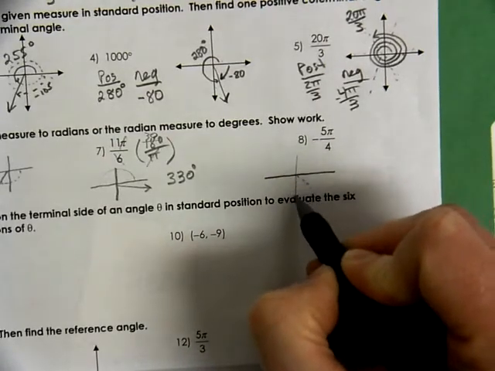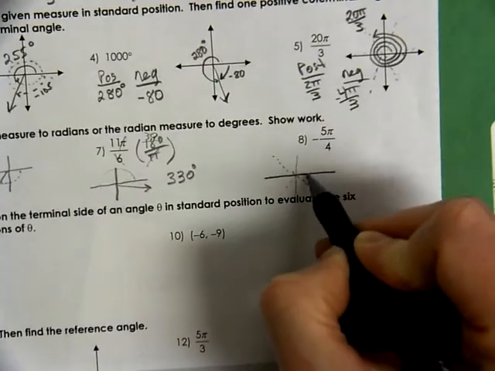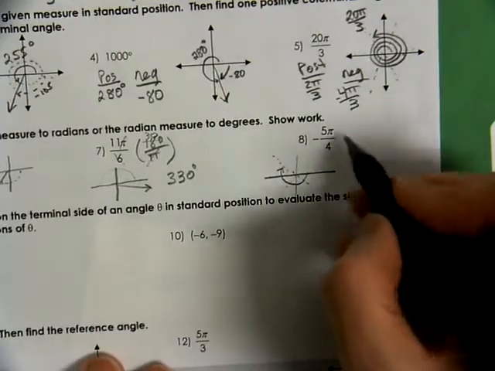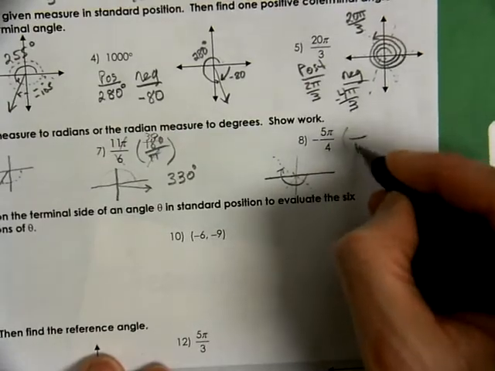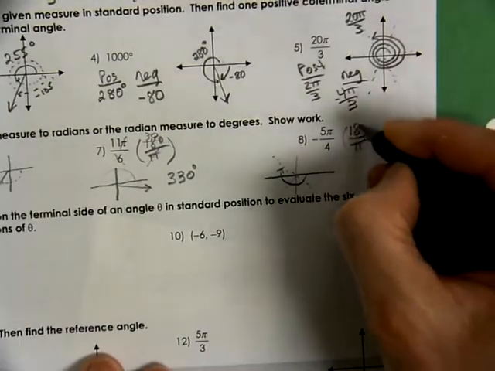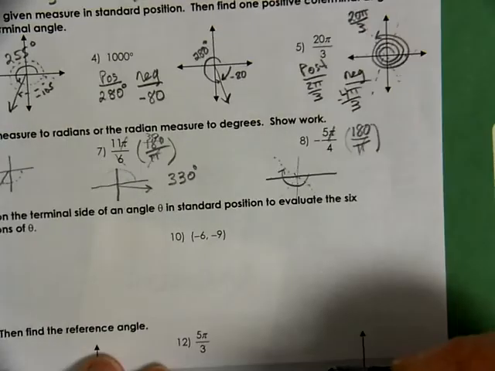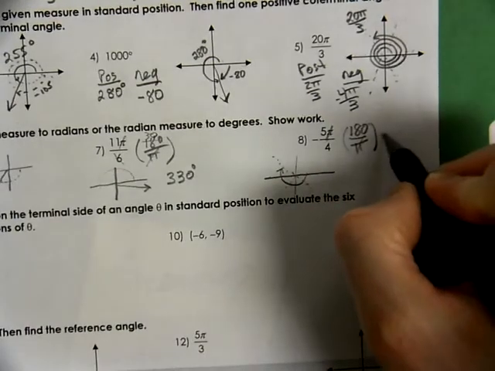-1/4, -2/4, -3/4, -4/4, -5/4. That's where we'd be talking. This is pi on top, so we have to put pi on bottom. So that means we put 180 on top, put the degrees value on top. Cross those out. We got 180 times 5 divided by 4, and we're going to have